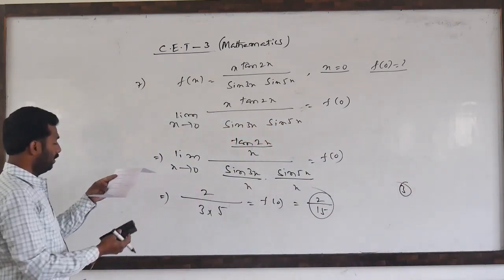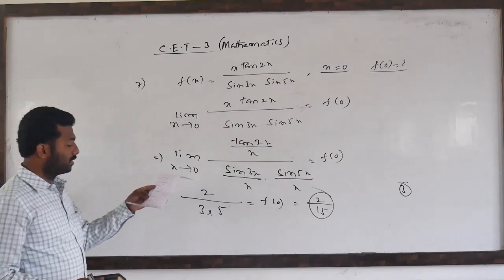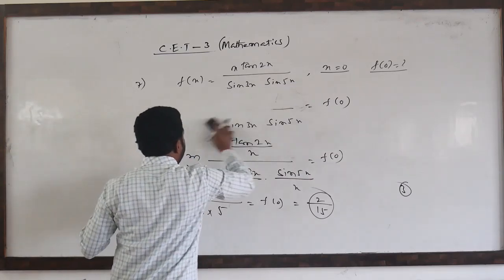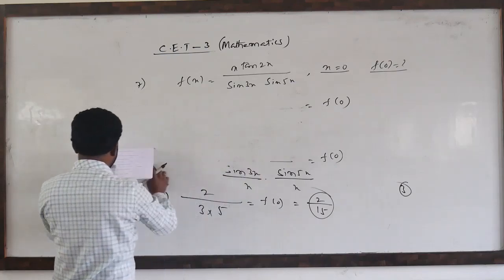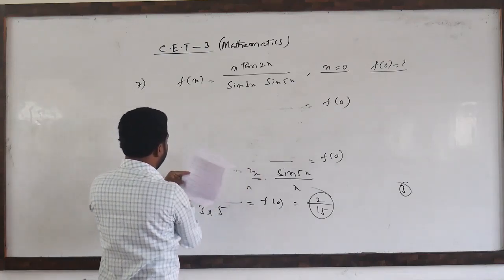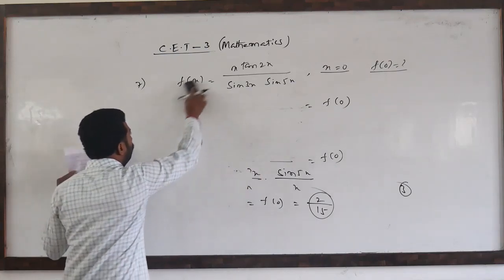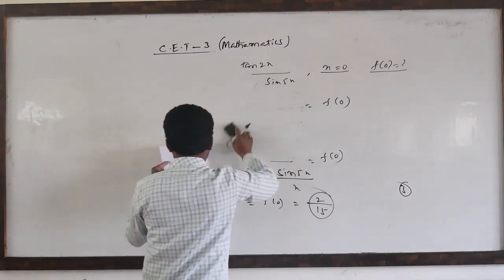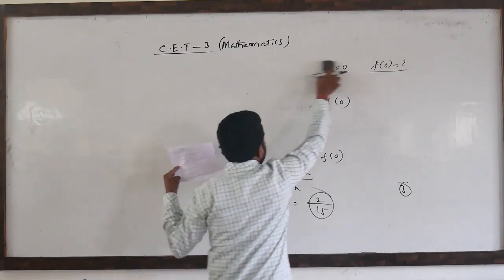Next, the same 8th one also has the same kind of answers. The 9th one you observe; the 8th you have to try. The 8th one is 3 by the denominator, where tan square is there, so nothing but 2 square we have to write. That gives 3 by 4, which is also the third option answer.